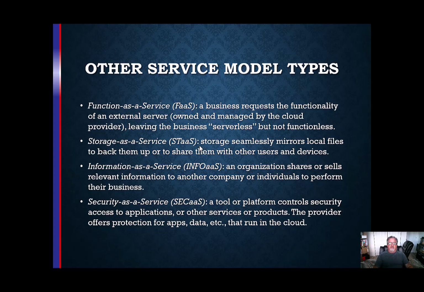Now, we also have info as a service, information as a service. This is when your organization or an organization shares or sells information about something to another company, right? You guys probably see this all the time and you don't even realize it's going on. Have you ever been to a website and maybe purchased something?